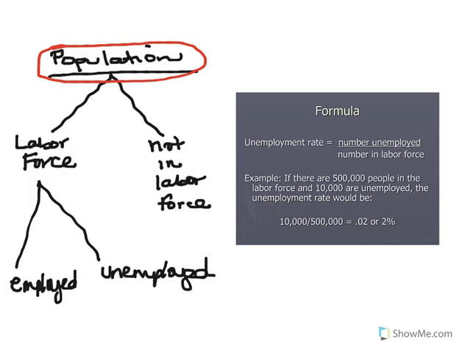So those that are not in the labor force are all of the categories that I just discussed on the previous slide, where we said anybody under 16, anybody not actively looking for a job, anybody institutionalized, they would all go in that category. And then the people that would be included in the labor force are going to be those that are actually employed, so that's full-time and part-time workers, plus